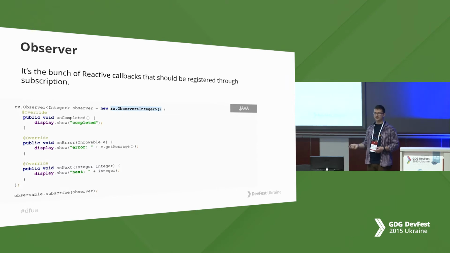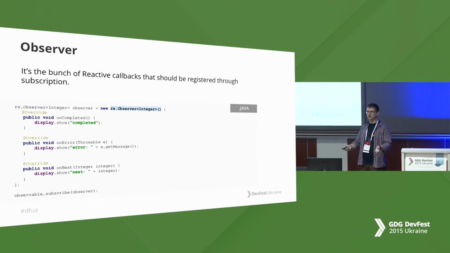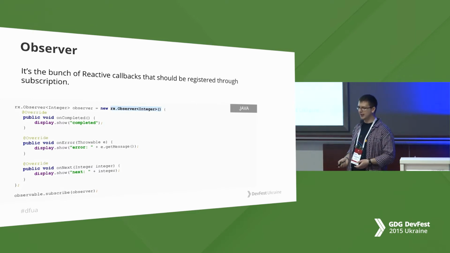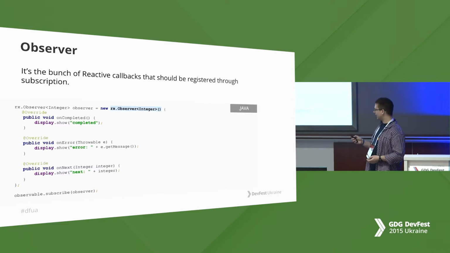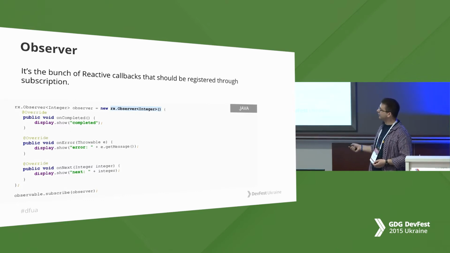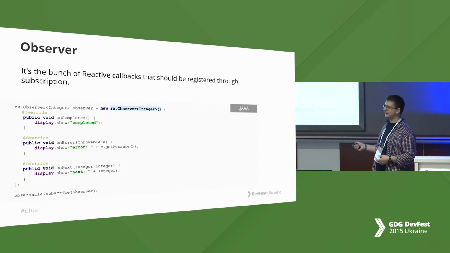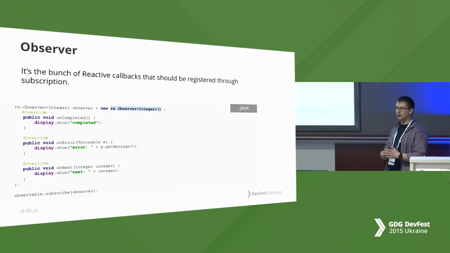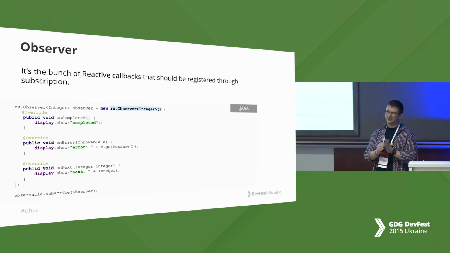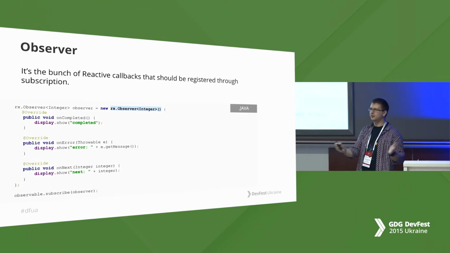What is observer? It's a listener, simply a listener, as in usual Android, like the on-click listener that we saw on one of the previous slides. But this listener has not one, but three callbacks. These three callbacks realize the great thing of Rx. They make us know what exactly happens, not only a piece of data, but also such a thing as, is our stream completed? Because we are listening, we are not working with static data. We should know when our data will be finished.